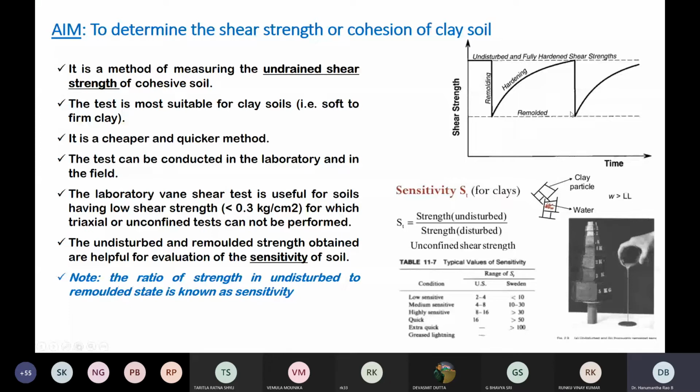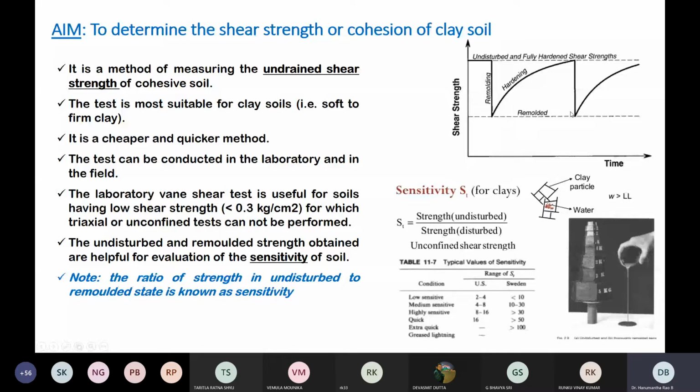There are a few applications of Vane shear. We normally conduct Vane shear for the applications of foundation design, highways, airfields, slope stability, lateral earth pressure, undrained cohesion, and soft soils. These are the different applications in foundation engineering. In all these situations, we can go for conducting the Vane shear test. In fact, when you conduct the Vane shear, you can completely get the profile of the cohesion as a function of depth.